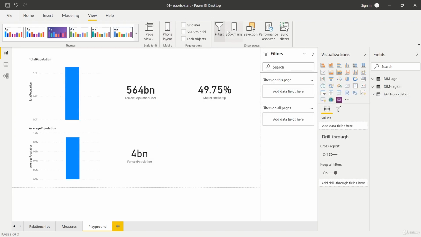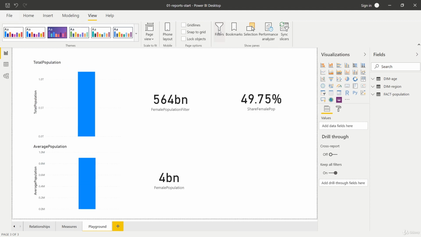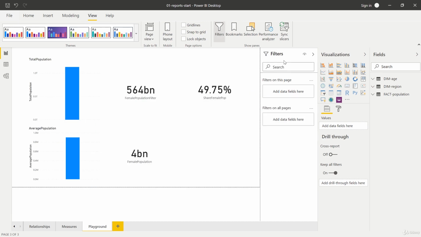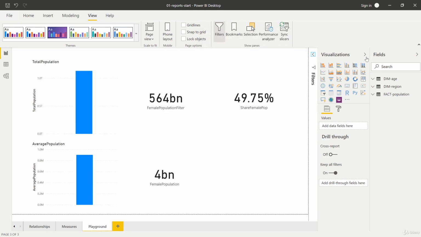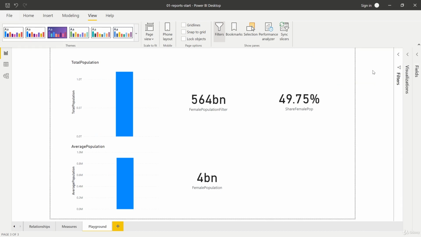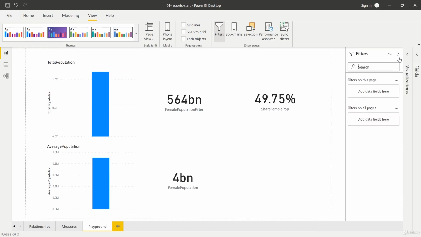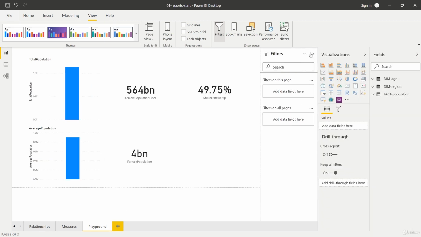In the right part, we have one important option at this stage, and this is the filters option. If you click it, this filter column right here is hidden. If you click it again, it's displayed. You can also minimize fields here by clicking onto this arrow symbol right here, right there, and right there. So if you have this view, then make sure to make these large again because we need all these fields here. And with that, I think this is enough to show you how you can work on the positioning of individual visuals and also on the report itself.